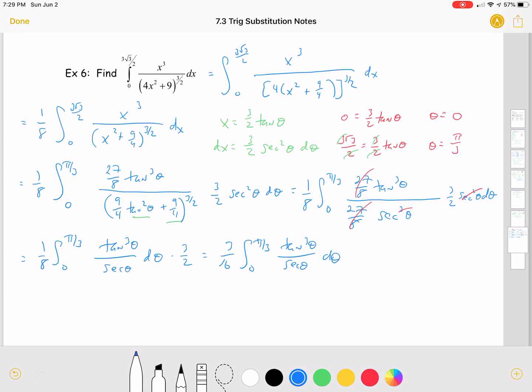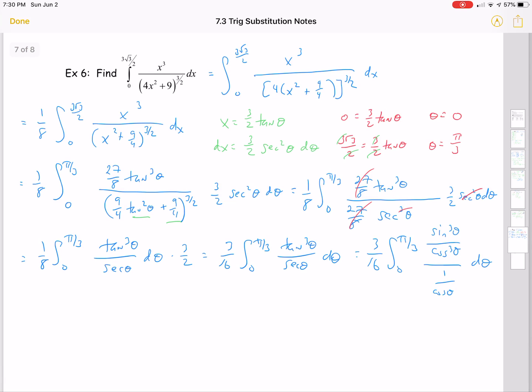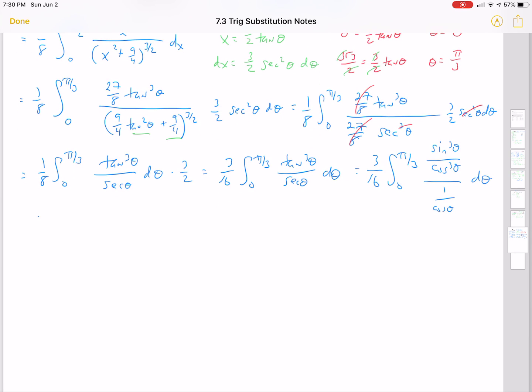Alright, so once again I'm at the point where I don't see any easy Pythagorean identities to use here, so I'm going to change everything into terms of sines and cosines and hope that that helps us out here. So tangent cubed would be sine cubed over cosine cubed of theta. Secant is 1 over cosine of theta. So let's see, if I bring the 1 over cosine theta up, flip it over and multiply, the cosine is going to go on top, which will get rid of one of the cosines from the bottom. So we should have 3/16 integral from 0 to pi thirds. The sine cubed is going to remain on top. I should now have cosine squared